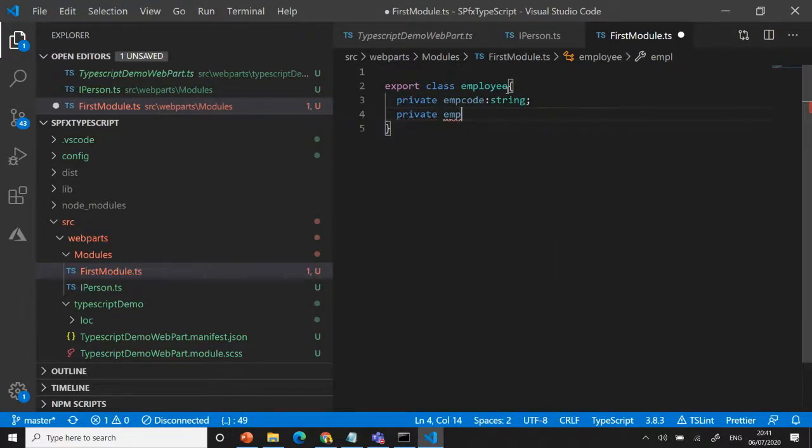Sorry, employee name is the code first I use, and then there is employee name. If you want the code to be a number, you can also use that. Okay, you can use different types. Then what I do is we have a constructor. Normally we write a constructor. What's the purpose? A constructor is automatically initiated whenever I'm creating an object of the particular class, right? Immediately it executes.